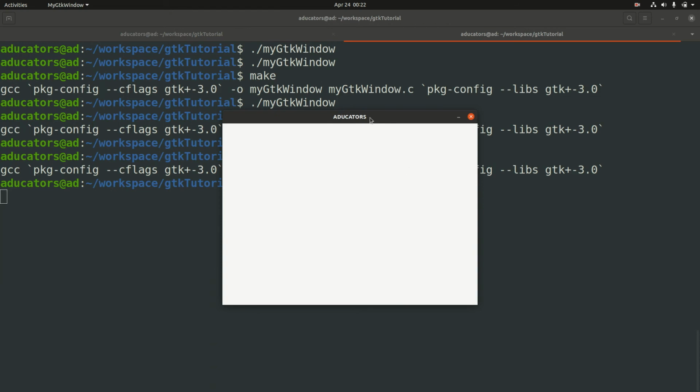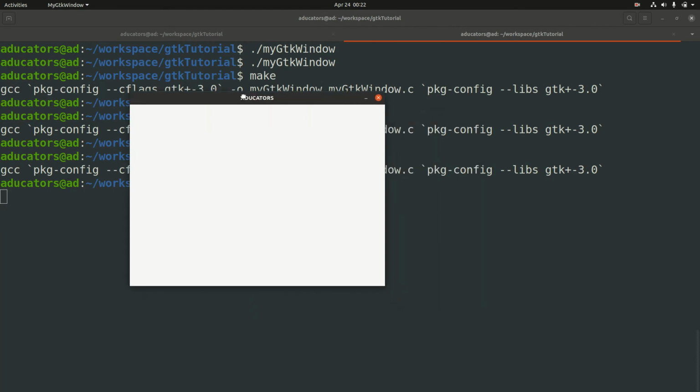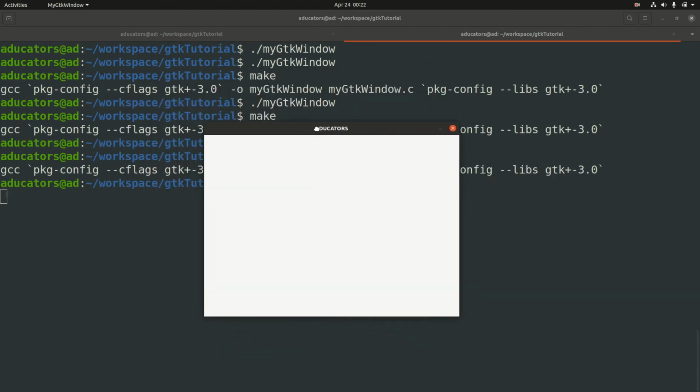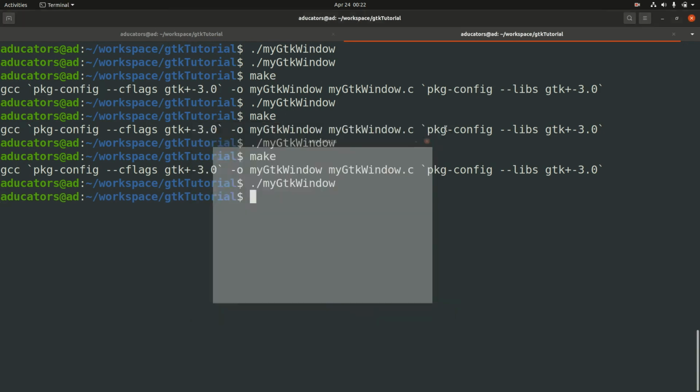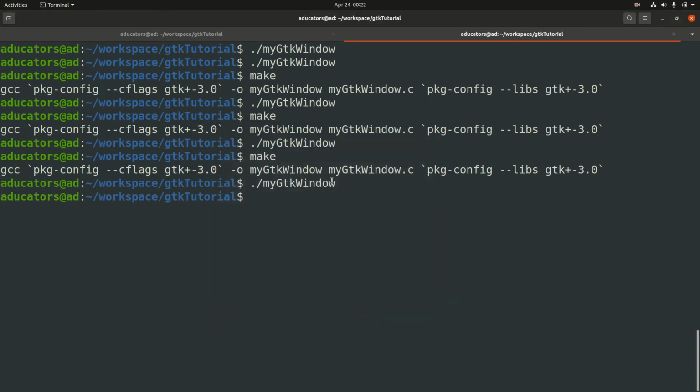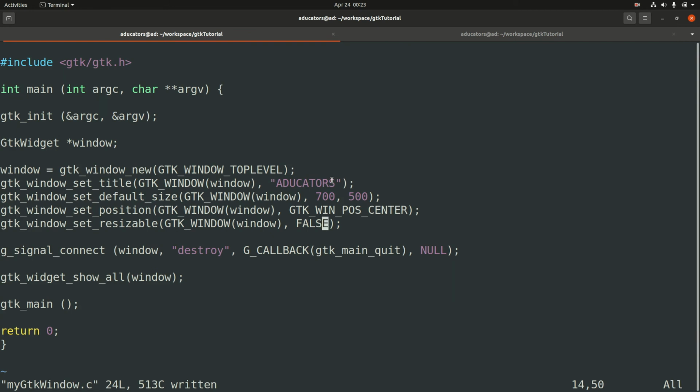You can also try by clicking this header twice. It is not going to maximize this window. So this means your GTK window size is fixed. You cannot change the size. Another thing we can do is default start our GTK window as maximized. So the function to maximize your GTK window as default is